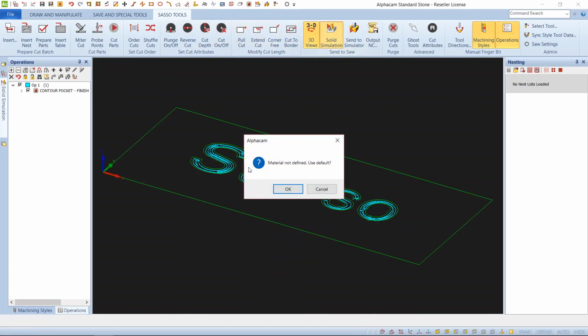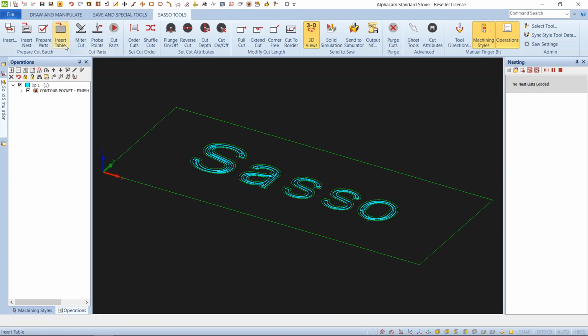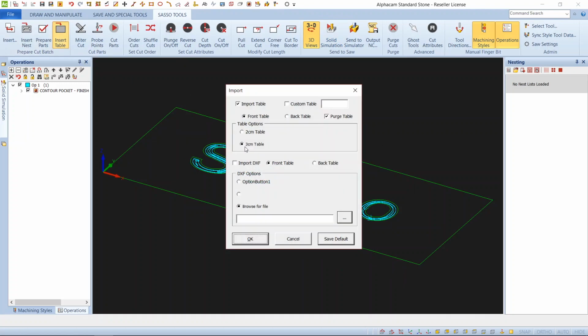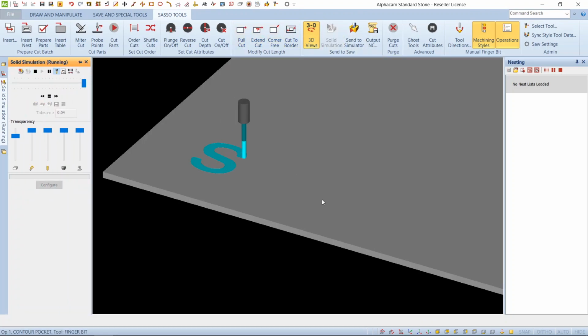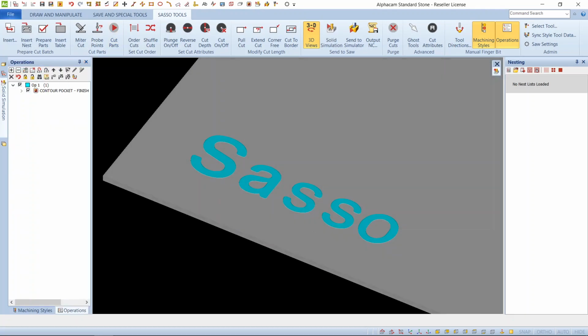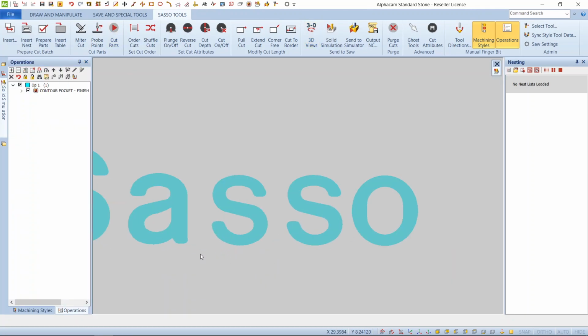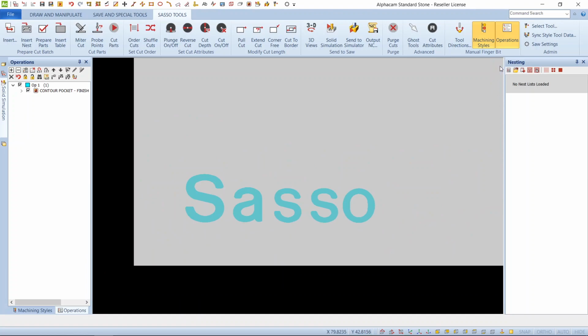Boom. Oh, I need to import my table. So hold on. Let me go back. Insert table. Let's just say this is a 3cm thing. Okay, solid sim. Boom, boom, boom, boom. There we go. Okay. And that is pretty much